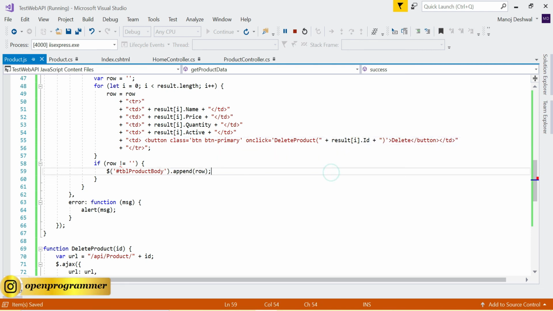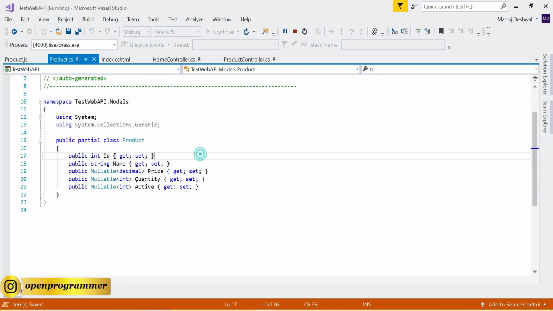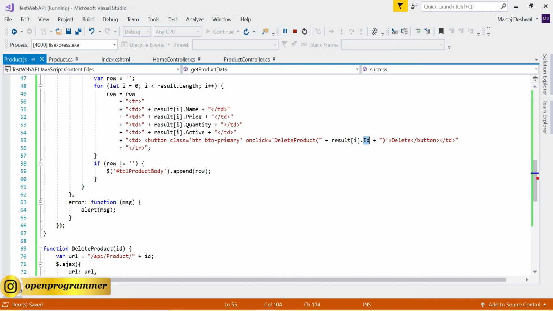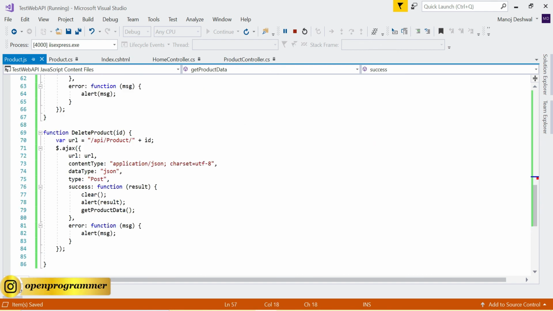Make sure you use the right property name as from the product itself. So save this. Change this post to delete, save this,